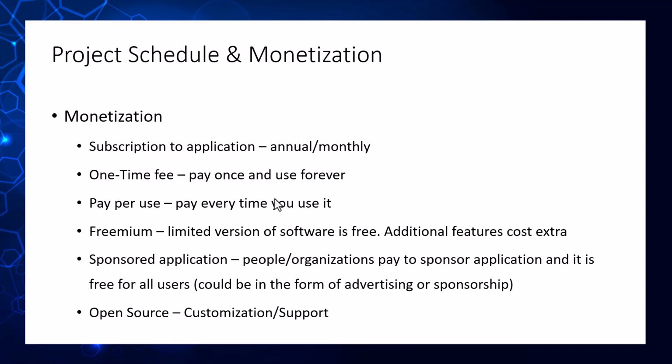Other times they're charging for support. So in an enterprise type of environment, if you're selling to a business, that business wants to know that if they run into any issues, they can pick up the phone or email you and you will fix the issue for them. So you can also have the software itself be free, but charge for the